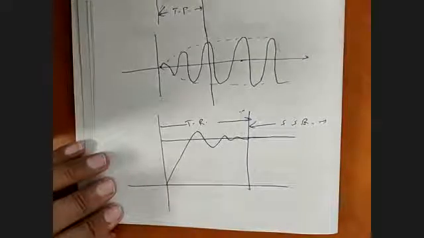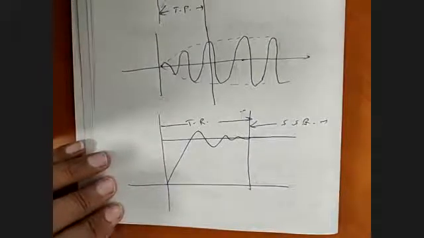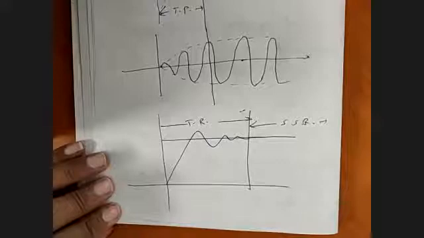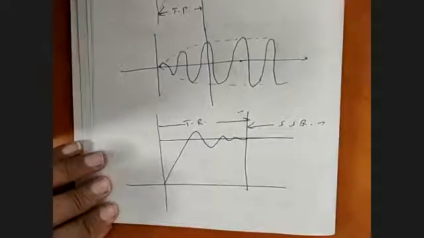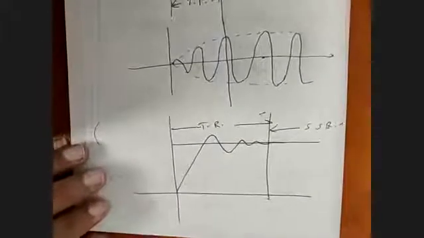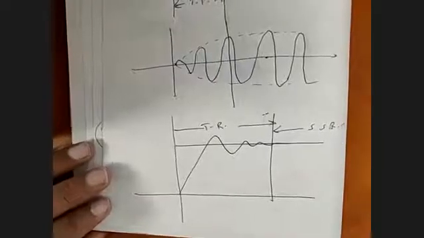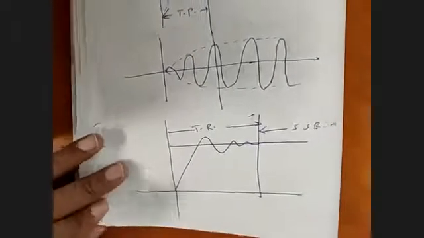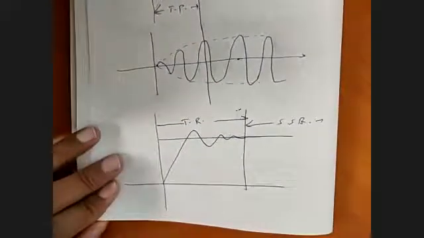So it will depend on the input which we are applying and the system on which we are applying. Like in the case of a DC generator, we will be getting a constant voltage, but in case of AC generators, we will be getting an output which is sinusoidal in nature. So don't confuse that the system response must become constant when steady state has reached. Steady state means there is no change in the output which we are getting.